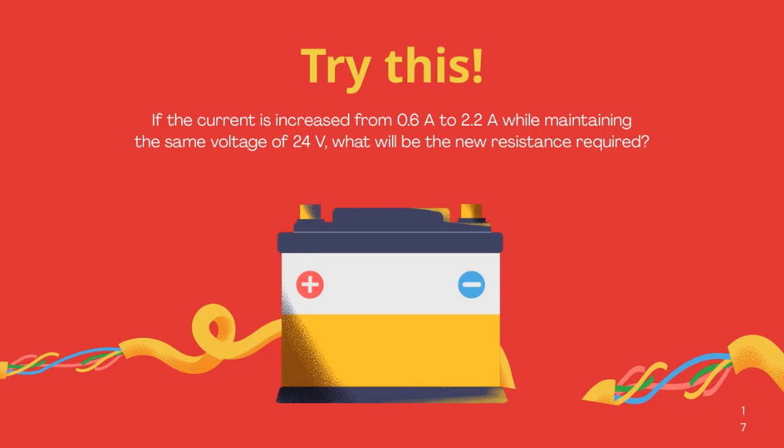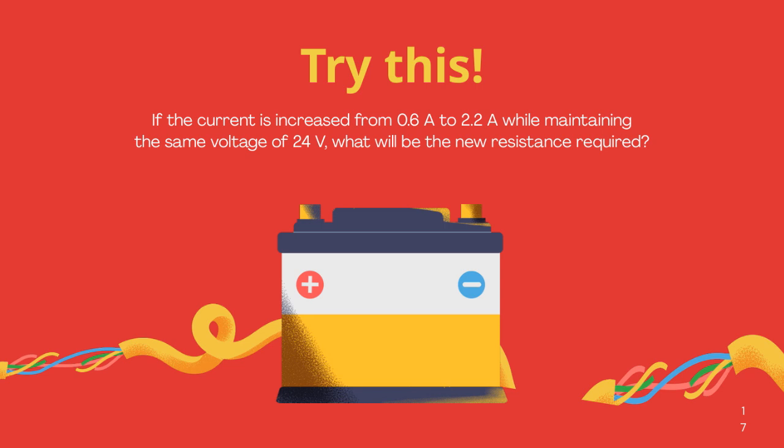All right, let's analyze this scenario. We're increasing the current from 0.6 amperes to 2.2 amperes while keeping the voltage constant at 24 volts. The question is, what is the new resistance needed for this higher current? Remember, Ohm's law is our guiding principle here. It states that resistance equals voltage divided by current. So, to find the new resistance, we simply divide the voltage, which stays at 24 volts, by the new current